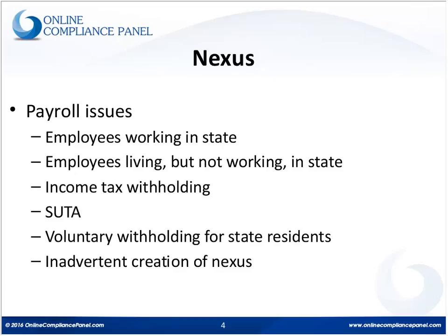A colleague of mine stated that before they hired anybody to work in a particular state where they had not already established nexus, or before they had employees go into the state to work, they always checked with legal counsel to see if that would cause the creation of nexus and what they should do to avoid it, or if they should avoid going into the state at all. And it's not just employees. It can be something as simple as hiring an independent contractor within the state to perform some business function also.